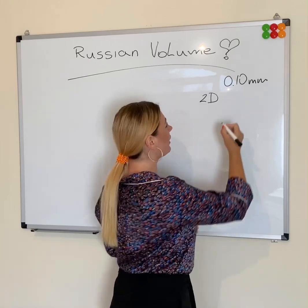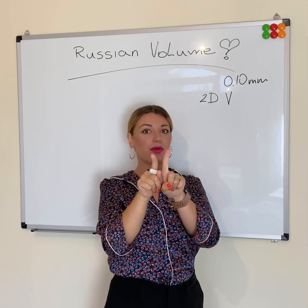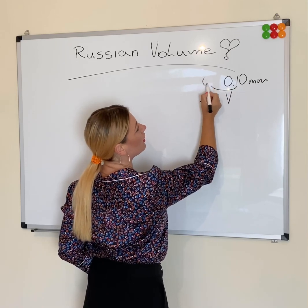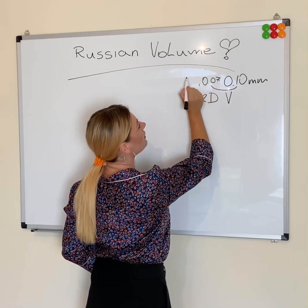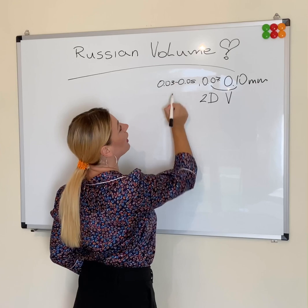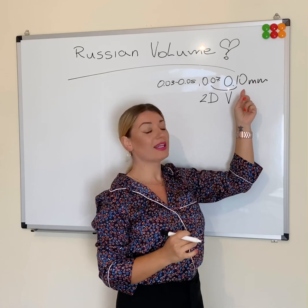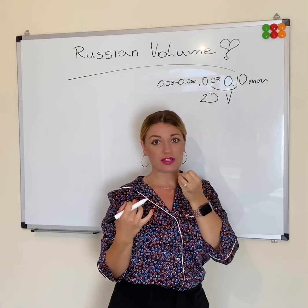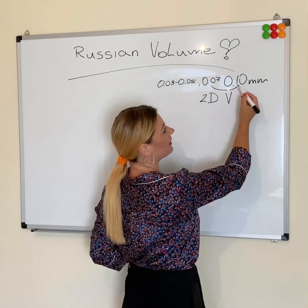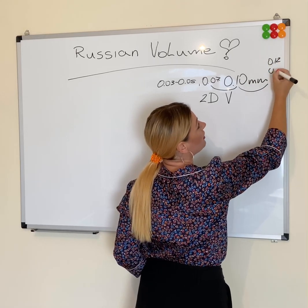That's the 2D look, where we need to put two lashes together in a V shape. For us to create that, we need to go lower, which means, for example, 0.07, 0.05, 0.03. Okay? We need to go lower than 0.10, because if someone's got a 0.10 natural lash, which is quite thin, and you put two lashes together of either the same thickness or slightly bigger, which means, I don't know, 0.12 or 0.15,